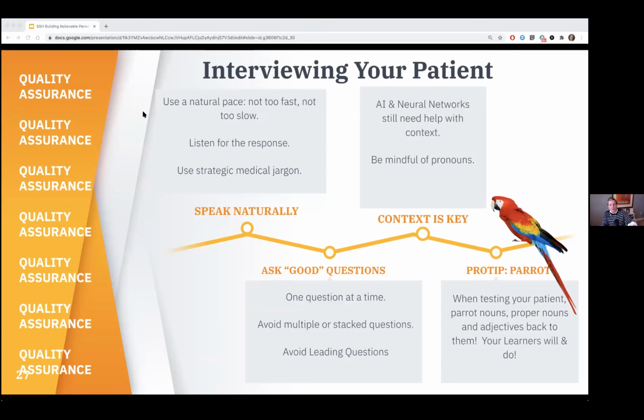Like if you ask your digital patient, or even your patient, do you drink, smoke, or use any recreational drugs? Your patient may admit to using one substance and omit the others. They might only answer what's legal versus what's illegal. So you really want to break down your questions one by one. The AI is just going to randomly pick one. It's going to find one question and randomly answer that one.